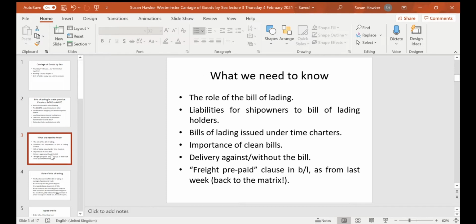We need to know whether or not our bill of lading is paper or electronic. We need to know certain key aspects of the bill. We need to know the role of the bill of lading. We need to be able to understand the liabilities for ship owners to bills of lading holders. And we need to understand about bills of lading issued under time charters, and we need to understand the importance